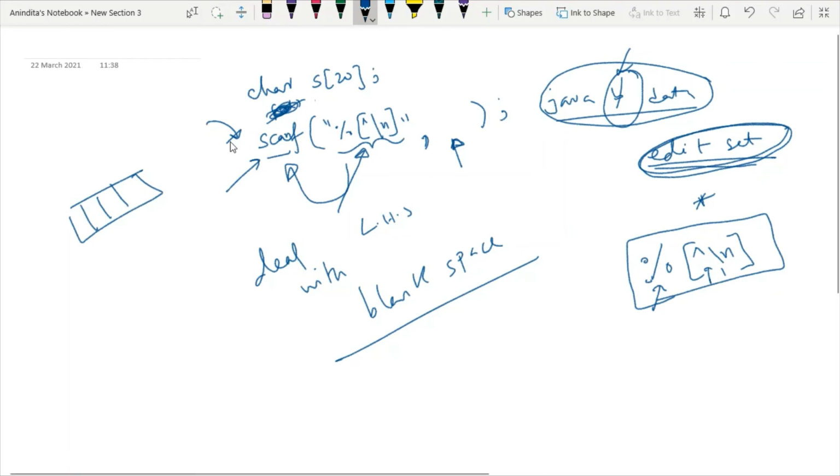That is, if your array name is S and this is your first index, this is your second index, and you don't want to traverse your array using a for loop, then you can do one more thing. In the previous discussion, I have mentioned the starting address of the array is known as the base address. And how to indicate the base address? If you just write the array name, then it will be the representation of the base address.